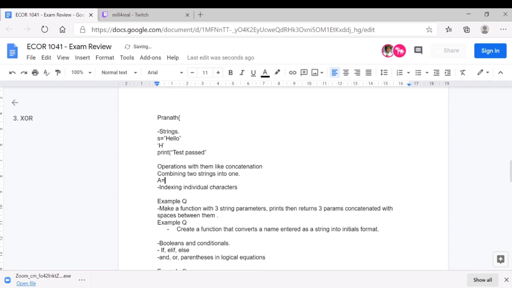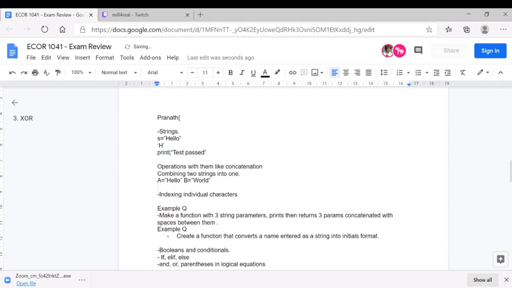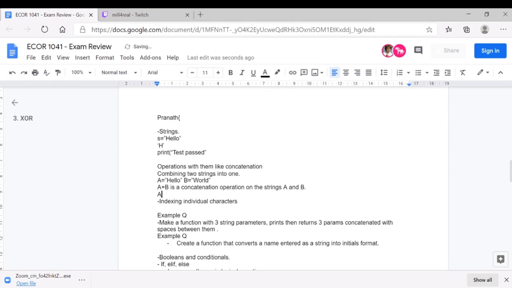If I have a string which is hello, and another string which is world, then A plus B is a concatenation operation on the strings A and B. And what A plus B essentially means is a new string which is hello world. That's how we concatenated or merged those two strings together.